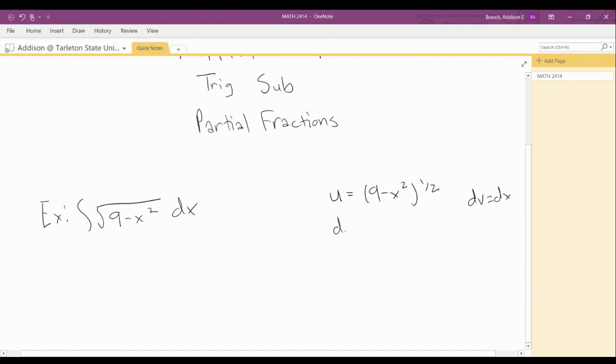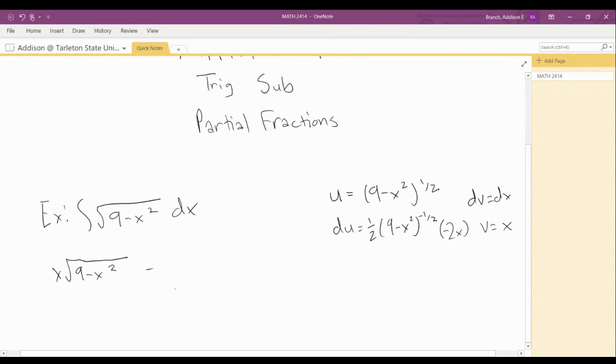Our du would then be 1/2 times 9 minus x squared to the negative 1/2 times negative 2x. And then our v would just be x. So if we put that in and organize that, we would be getting x times the square root of 9 minus x squared